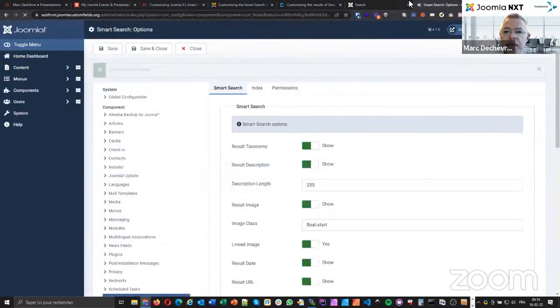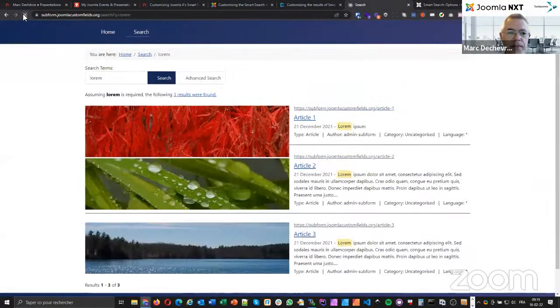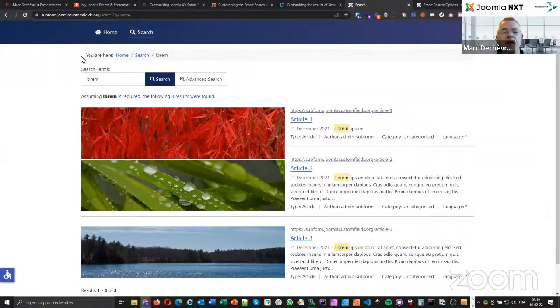If I save and I go back and I refresh, you see the float start is a bit like a float left. If you remember in Joomla 3, for the intro images, when you were editing an article, you could say, is it left, right, or nothing specified? But left or right is not really universal, right? In the sense that in some countries we write left to right, in some other countries we write right to left. So actually, Joomla has improved that,